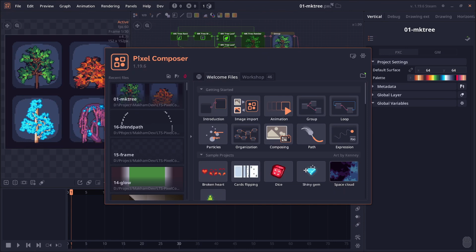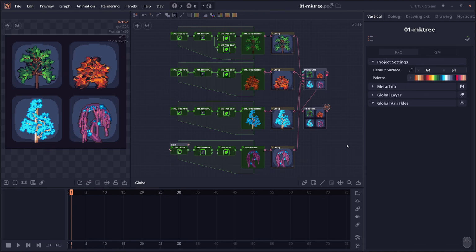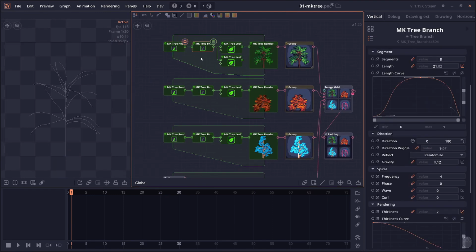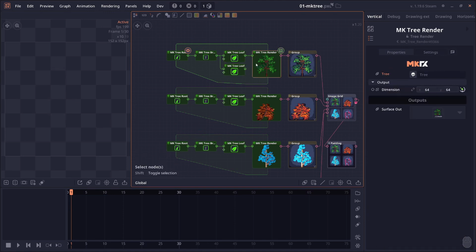Welcome to Pixel Composer 1.19.6. This version introduces a new MKTree system. So this is a new node group to generate trees. And the concept is quite simple, right? You start with some roots, and then you can add branch and leaf, and you render them all into one